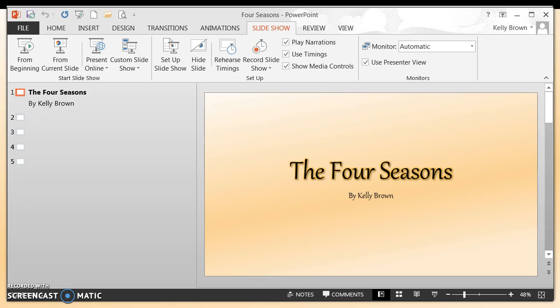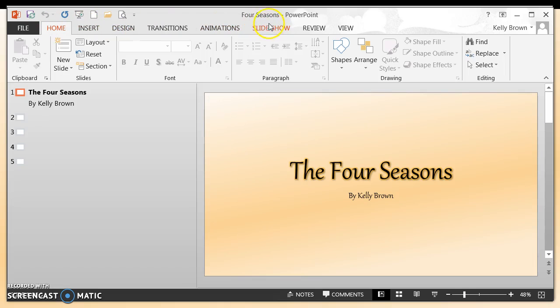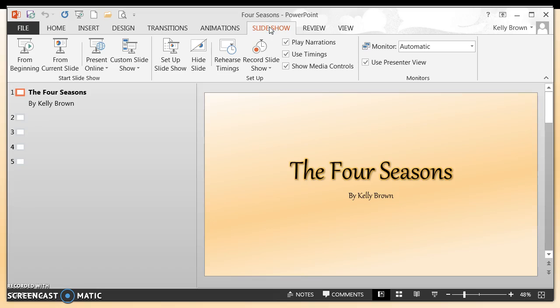To access the presenter view in PowerPoint, you need to go to the Slideshow tab in PowerPoint. I have a PowerPoint presentation in front of me. I've selected the Slideshow tab. If I was at the Home tab, I'd click on the Slideshow tab. When I click on the Slideshow tab, I would go to the ribbon towards the right, and you'll see there's a button or a checkbox for Use Presenter View. I would check Use Presenter View, and if I had two monitors in place,